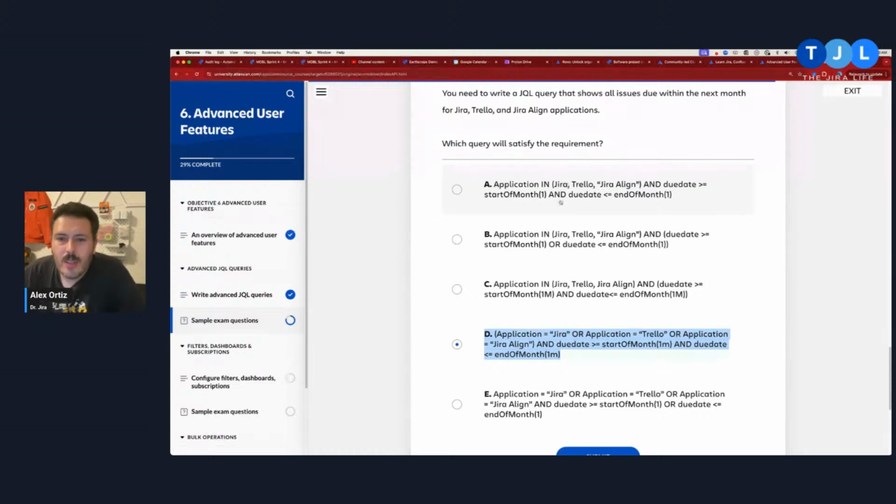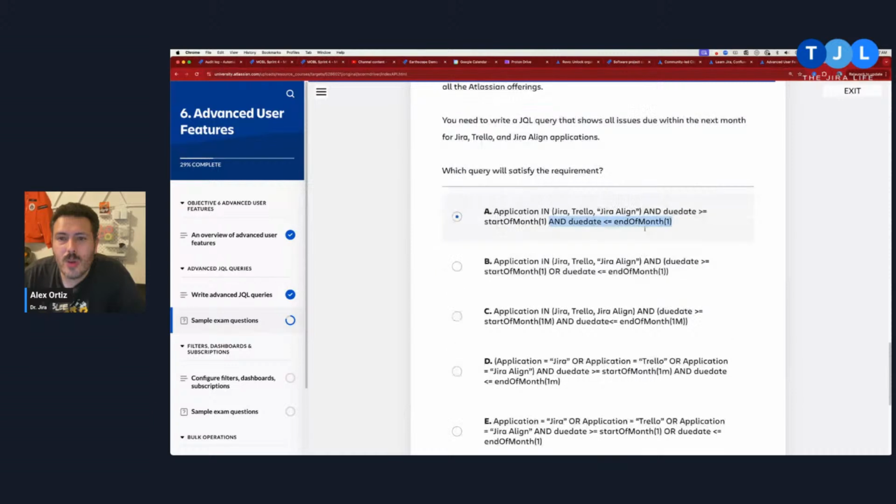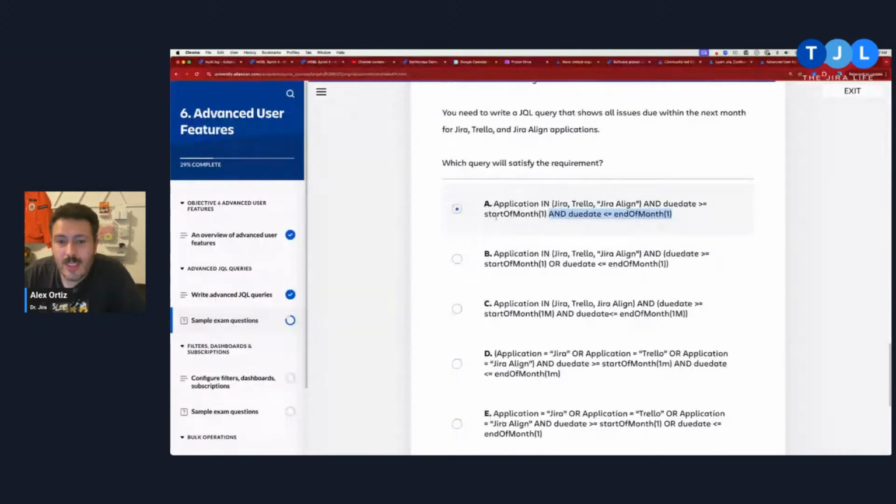So then we have and due date is greater than the start of the month, and the due date is less than the end of the month. Holy moly. We want to show all issues due next month. Okay, so this is start of month. So this is where the due date is after the start of the month and before the end of the next one. So this one I'm leaning towards.